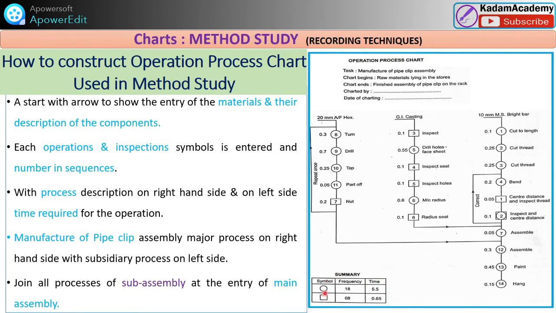The symbol for the operation and how many operations are done: 18. How much total time is required in minutes? 5.5 minutes. And for inspection, how many places are we doing inspection? 8 places, and 0.65 is the time required for the inspection. That is the representation of the operation process chart.